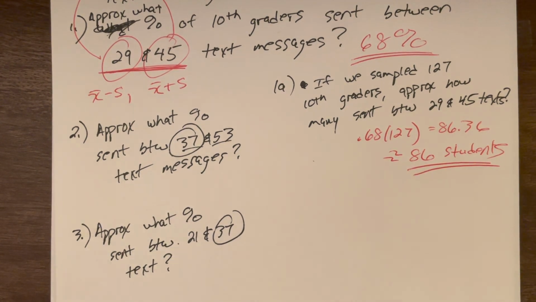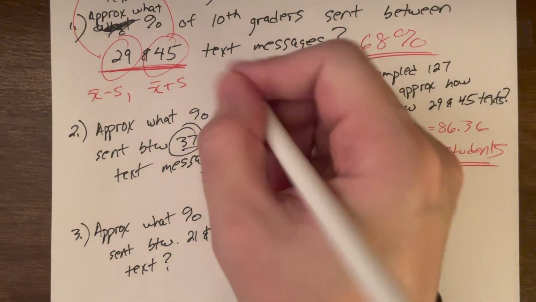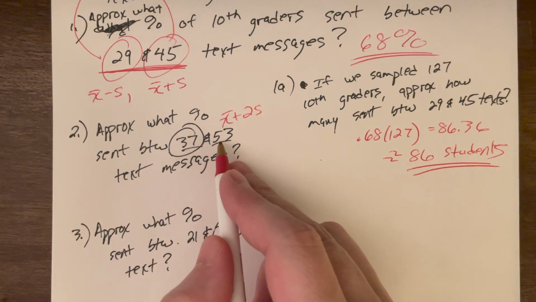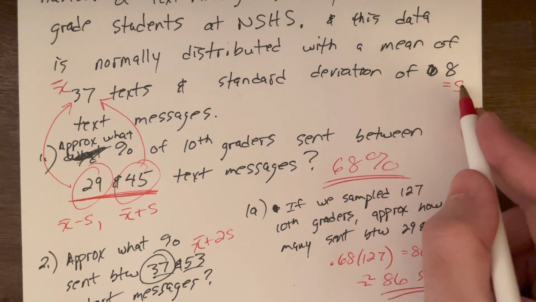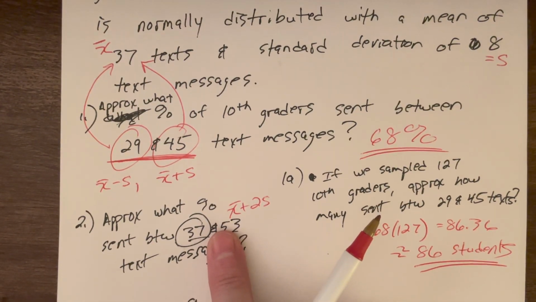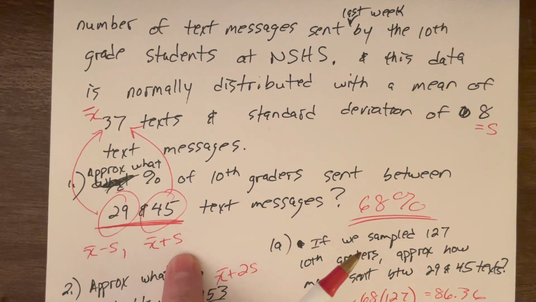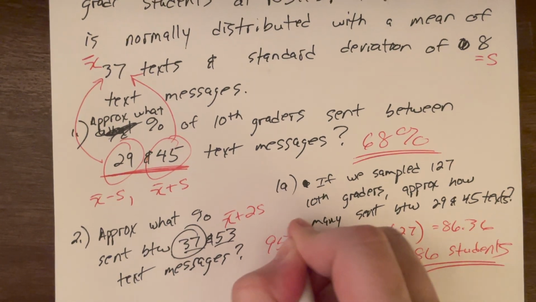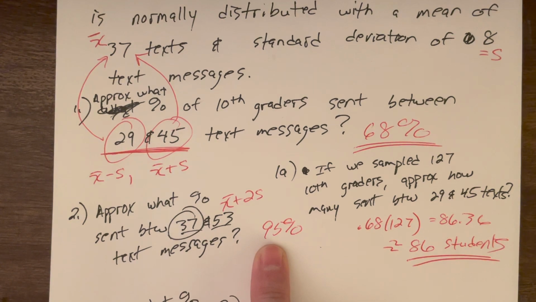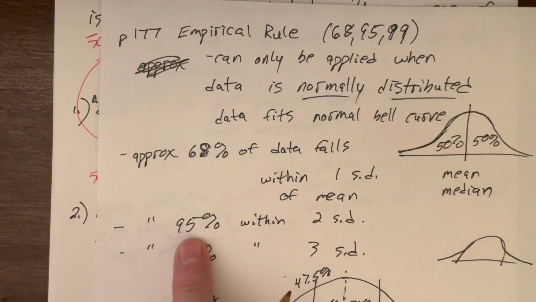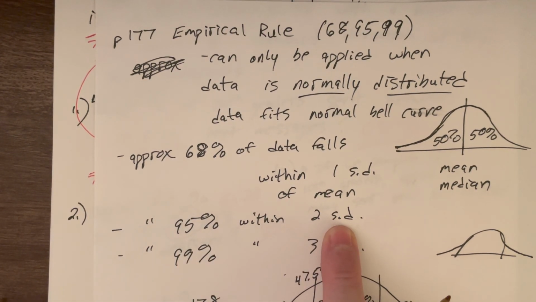What's so special about 53? 53 is bigger than the mean. How much bigger? It's 2 standard deviations bigger. It's 16 units bigger. 16 units is 2 times 8, 2 standard deviations. This is where the common mistake happens. With 1 standard deviation, they say 68%. Now here they see 2 standard deviations and they go 95%. That is incorrect. It's 95% if you're within 2 standard deviations.